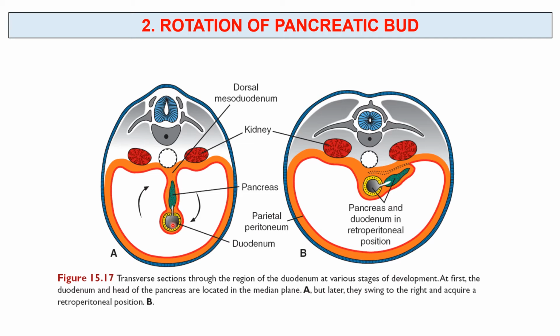So with the rotation, we know that the duodenum is going to rotate along with the rotation of the stomach. So with the rotation of the duodenum, what will happen? The dorsal mesoduodenum will also rotate to the right side. So because of this, the structures which are developing in the ventral and the dorsal mesoduodenum are also going to be shifted. So we can see that with the shift of the duodenum, the dorsal pancreatic bud will finally come to the left side. Now we'll do it in detail in the next slide.